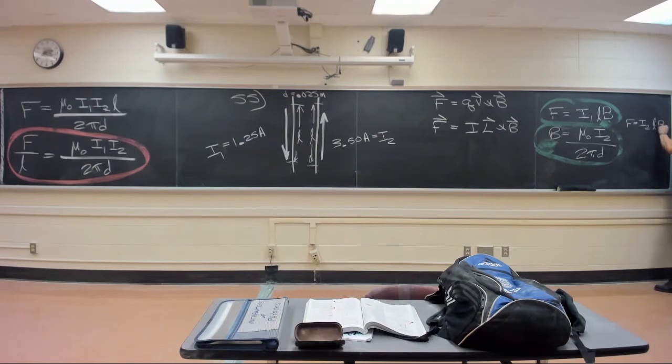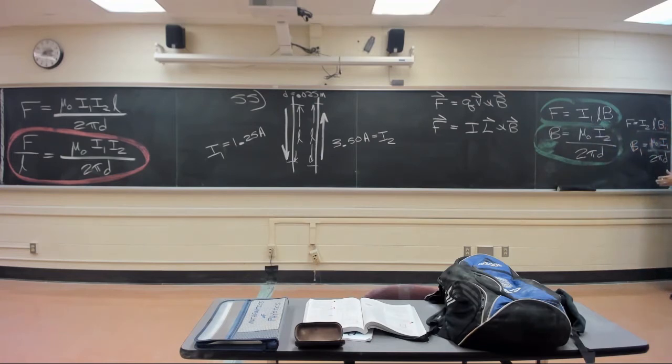I2 L B, and this we'll call B sub 1 maybe. It's coming from B sub 1. It's a different B, let's get that straight. And the B1, ladies and gentlemen, is mu 0 I sub 1 over 2 pi d. This is different. One's B, and the other one's B1. One's F. I'm assuming it's the same force,